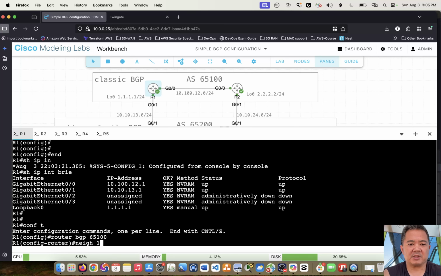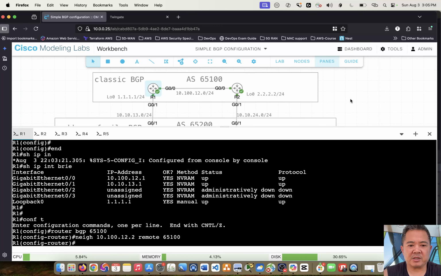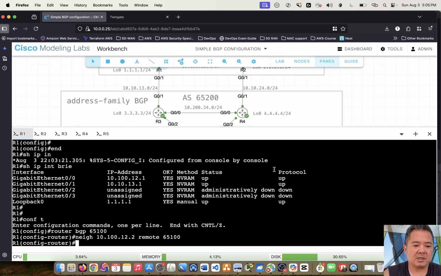So neighbor is going to be 10.100.12.2. Remote AS is going to be 65100. And then my other neighbor is going to be to R3. Neighbor 10.10.13.3. So here's the address for the R3, 10.10.13.3, and the address for R4 is